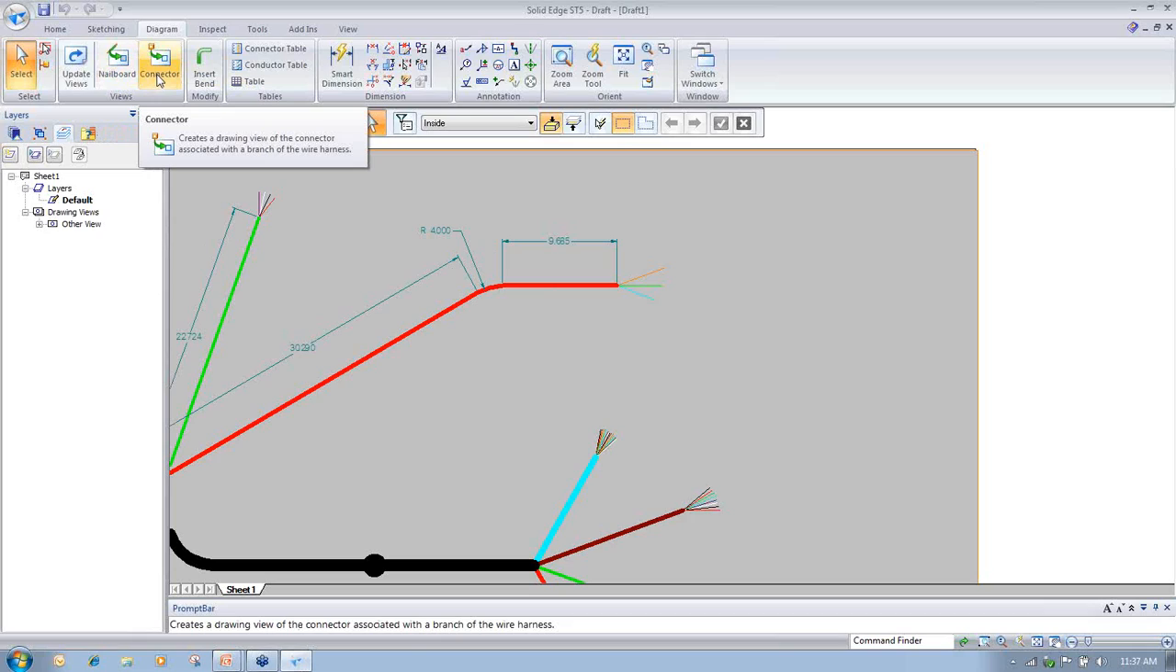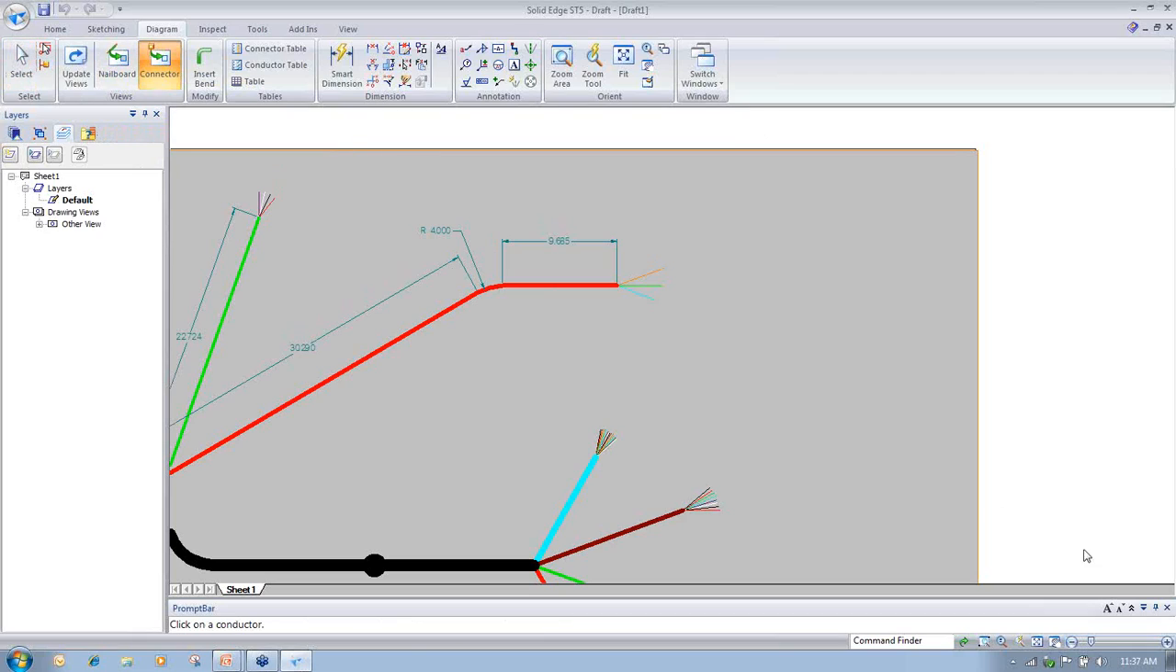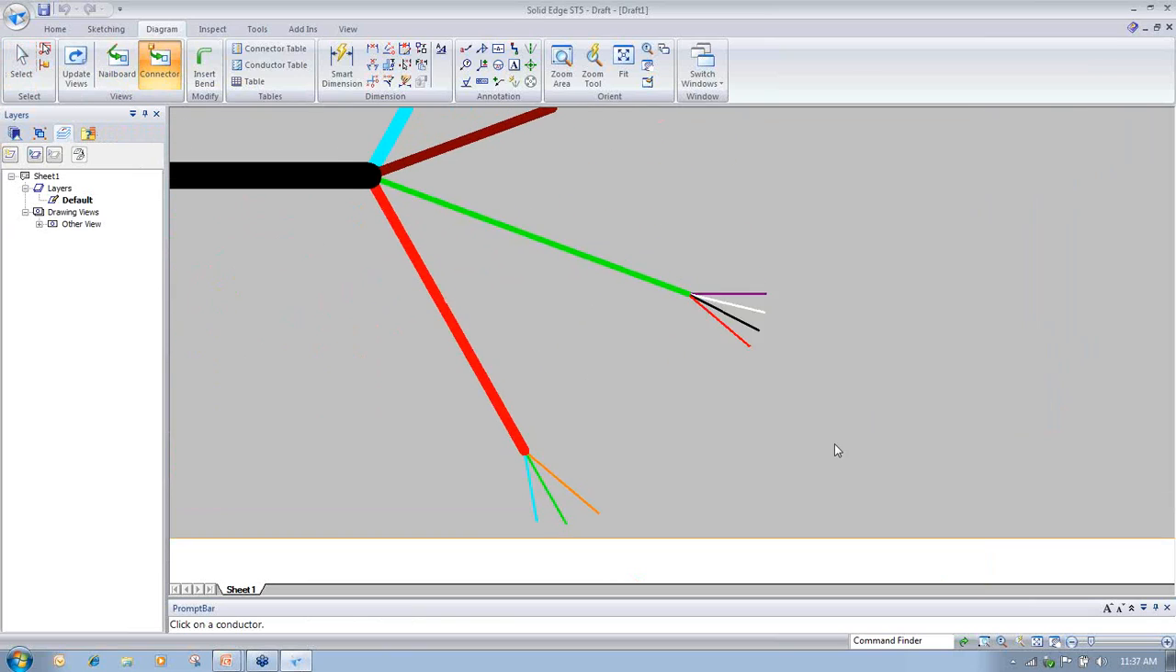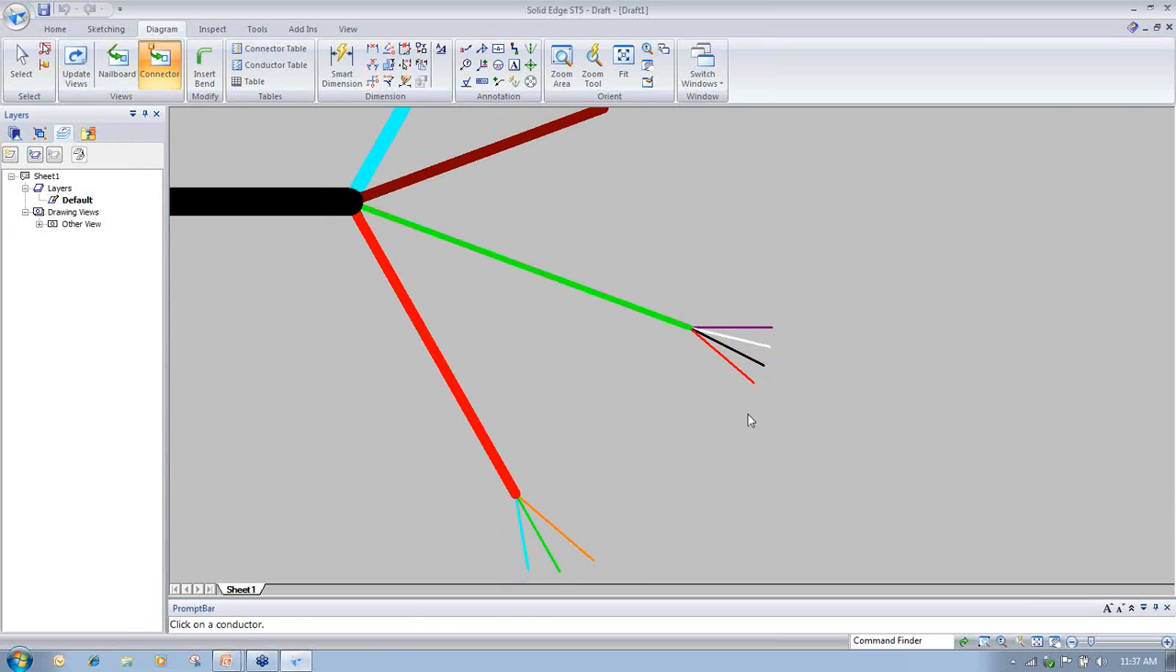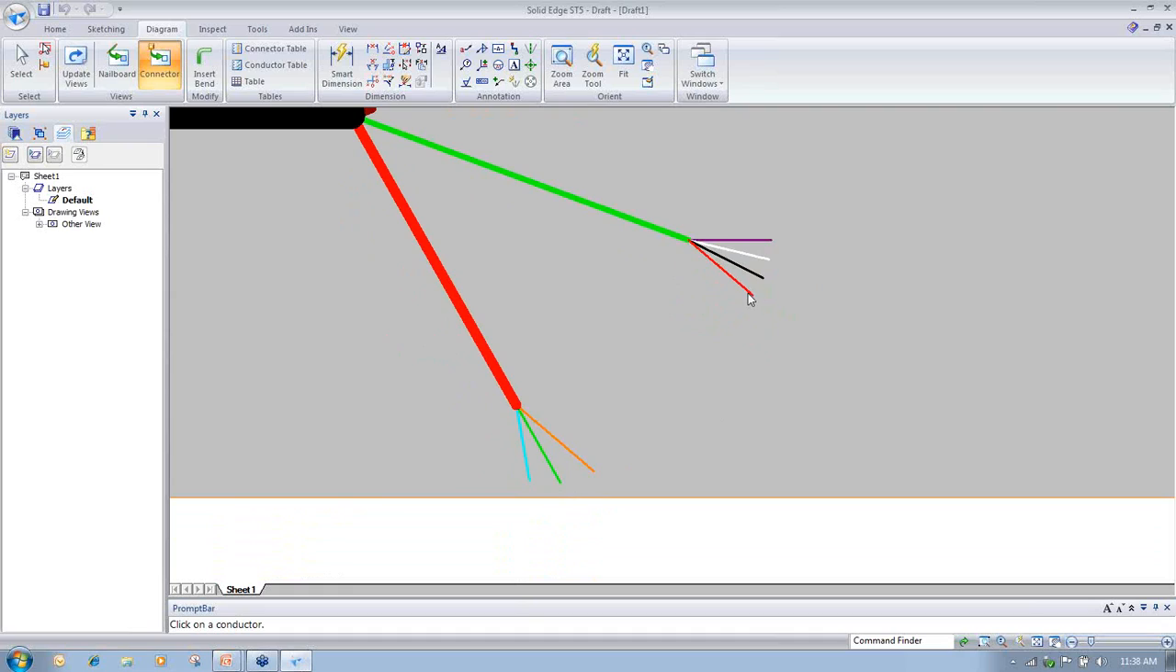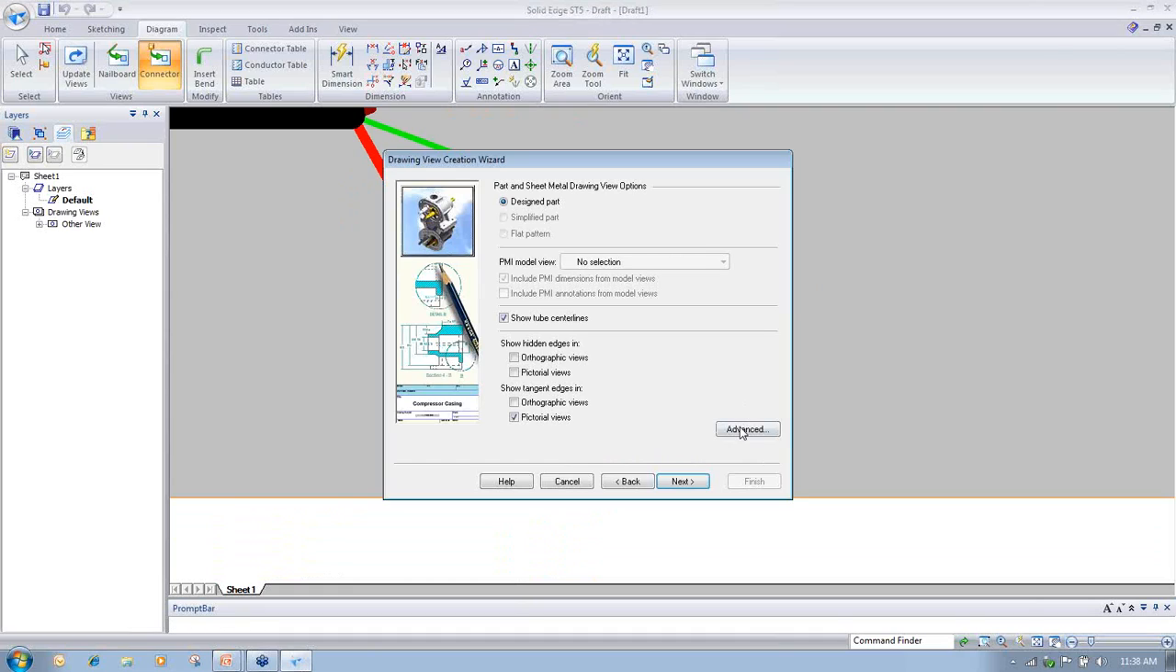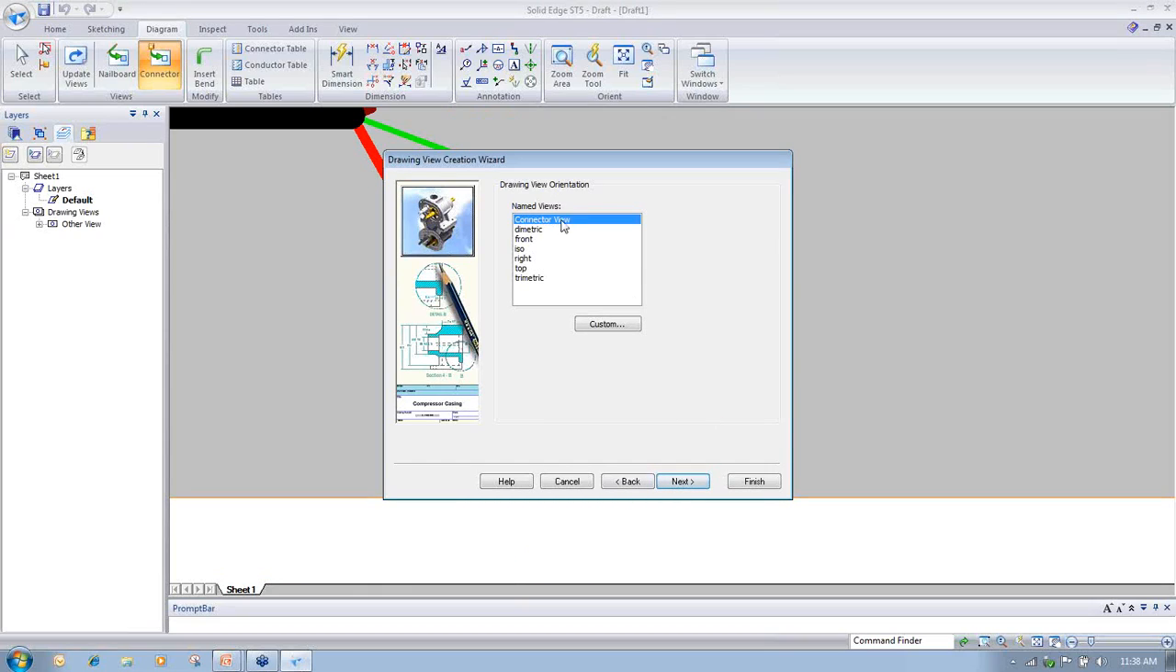Now what we can do is come in here and start making some connectors. I'm going to come up to my connector and start plopping those in there. Simply by selecting the wires, you can see that it'll default you to the drawing view creation wizard. And then there's a connector view that can be established, or you can utilize all of the views like we're used to